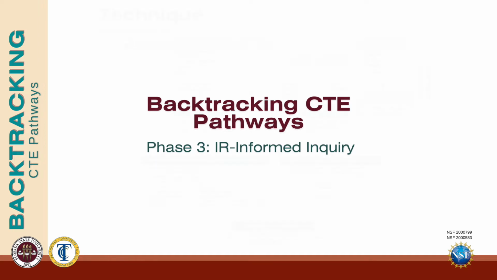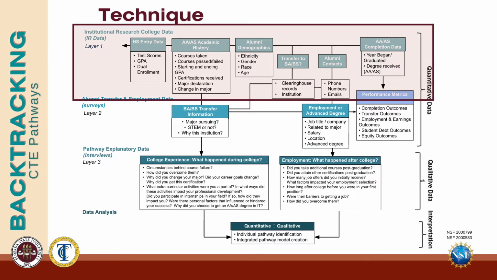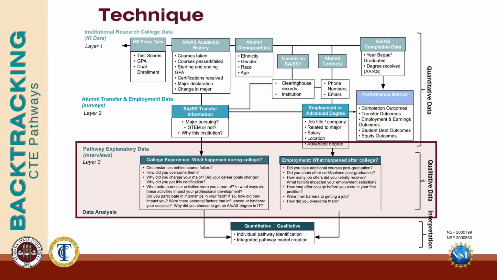The backtracking technique is comprised of 3 data collection layers. In Layer 1, we retrieve institutional research data from IR archives. In Layer 2, we collect alumni employment data along with other educational updates from the students post-graduation. And Layer 3, which is the focus of this demonstration, is where we conduct IR-informed interviews to expand the depths